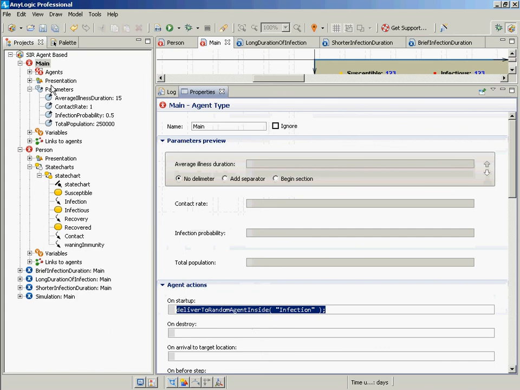It sends a message that says infection, and it's delivering it to a randomly chosen agent within this main. So main represents sort of the stage in which the agents move around. It's a set of all agents, their environment, their context, and it's delivering this message to a random agent. And by delivering that message, we see that we can go, if we double click on person, we see